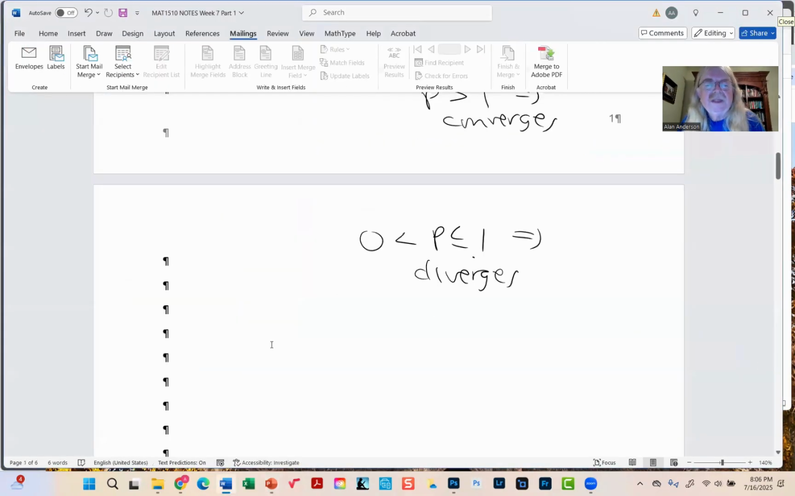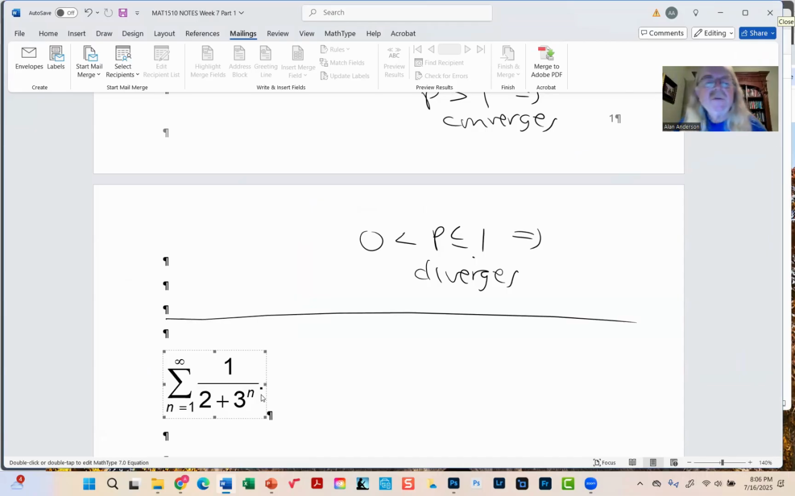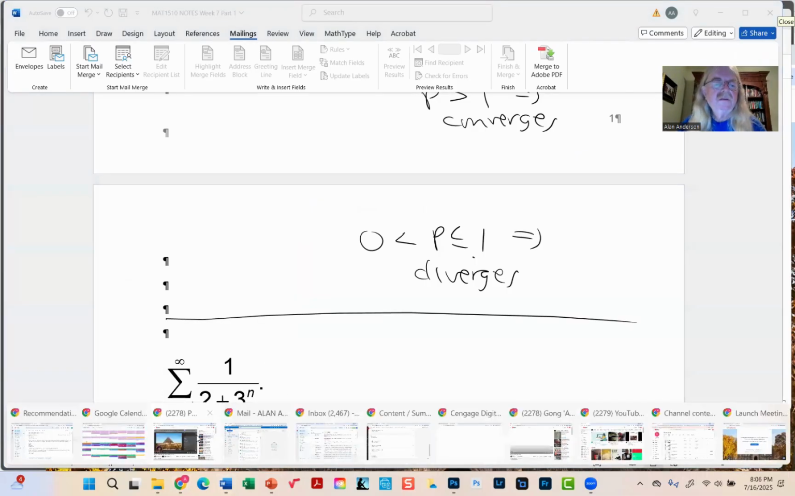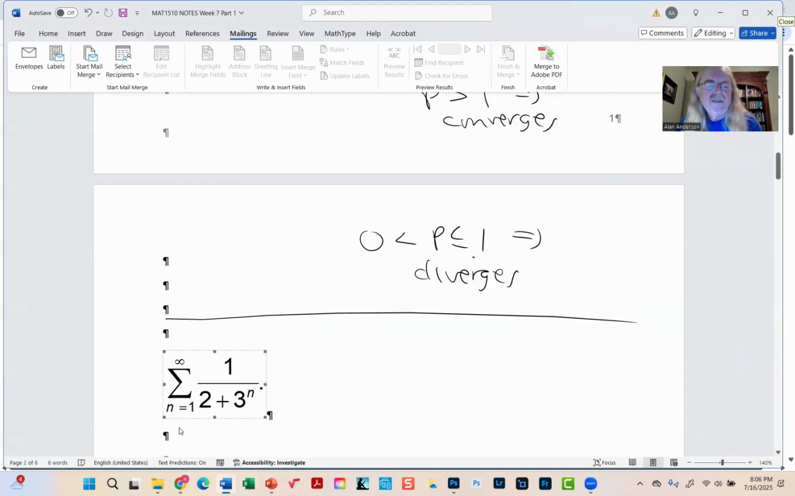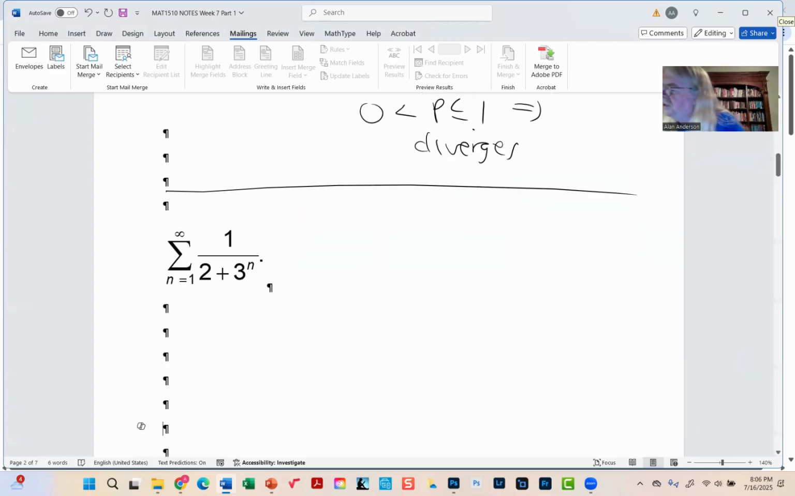All right, but what we can do is find one that we know whether it's divergent or convergent, and that would be the p series. Hold on. All right, and that would be the p series, 1 over 3 to the